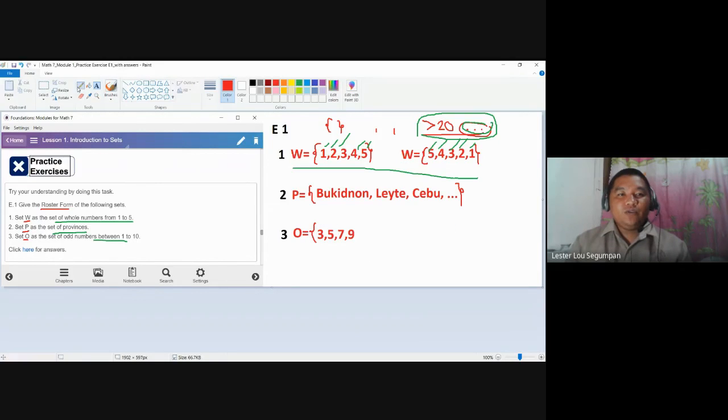You may rearrange all of these elements as long as these four are here and no duplications. This is how we write sets in the roster form. Roster meaning list all. If you cannot list all, you may use ellipses, and in our class, if it's more than 20, it's acceptable. This is the content of this video, writing sets in roster form. I'm hoping you have learned something and continue to do better. See you.